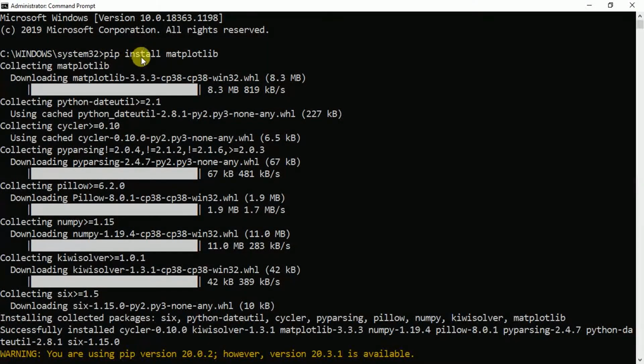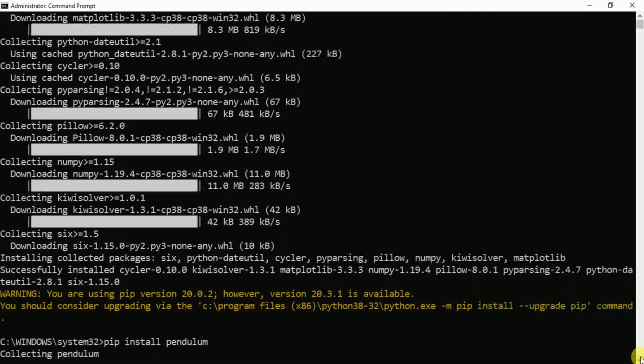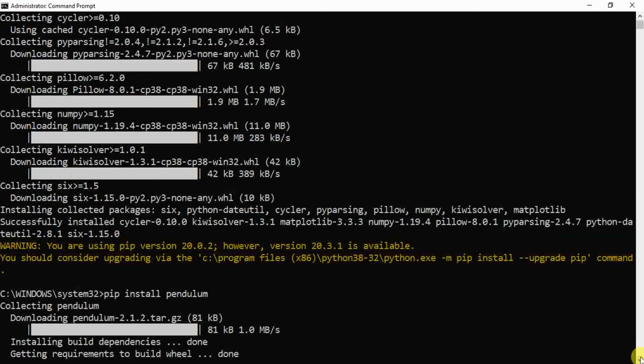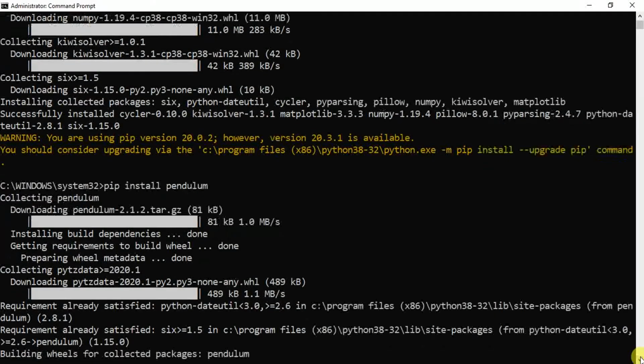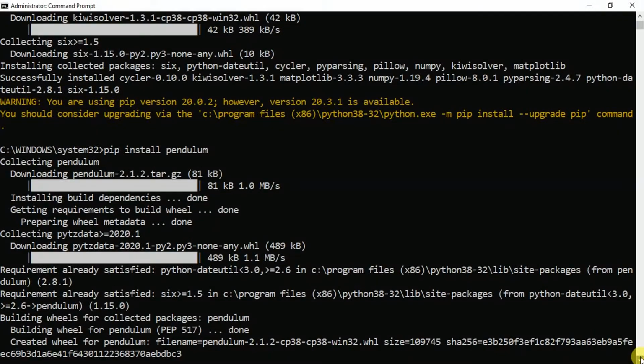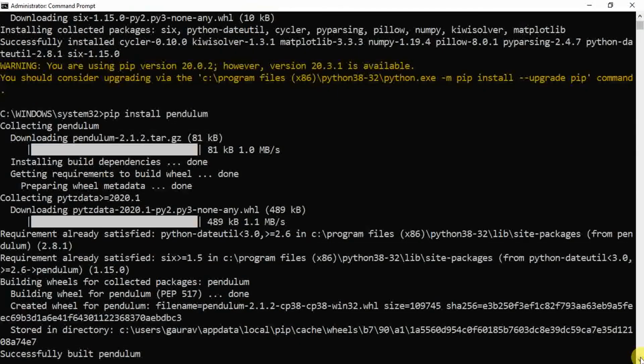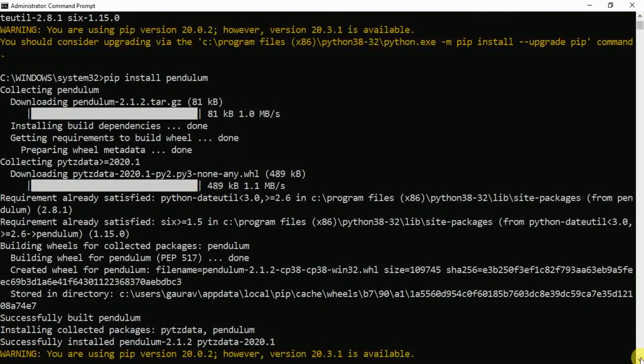Pip install matplotlib. So this whole library will be installed in your computer. Another library that we have used is Pendulum. If you want to install it, you can just write pip install Pendulum. So by these commands these two libraries can be installed in your system.